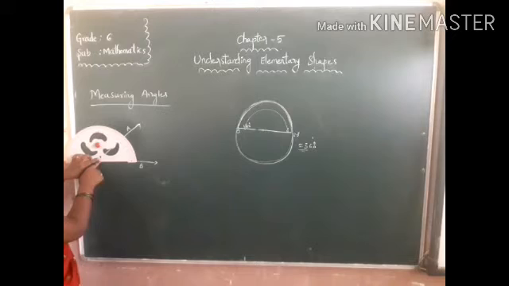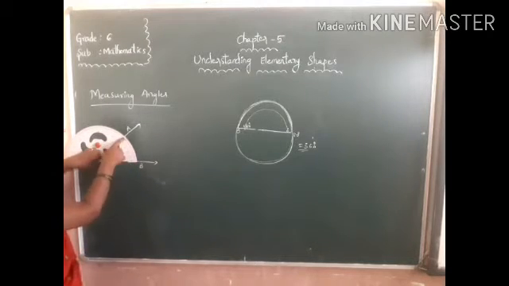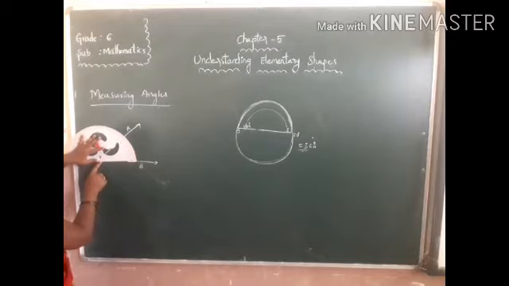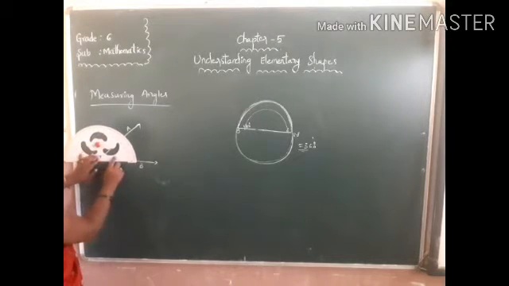So that one you have to place on the OB ray. Okay, so now you have to measure here onwards. How much angle is formed here? See, once more you have to place the protractor here. Both this straight edge and this mark should coincide.